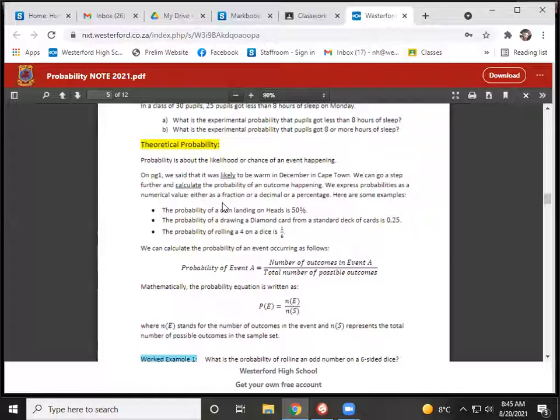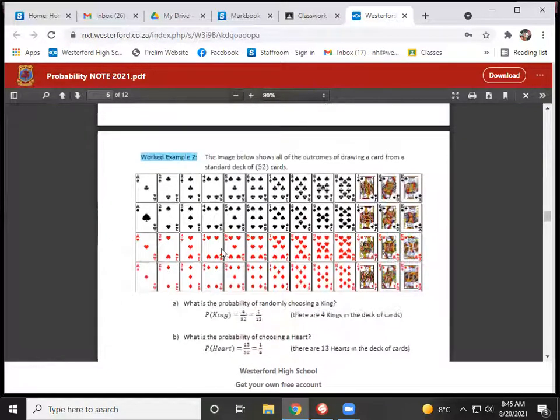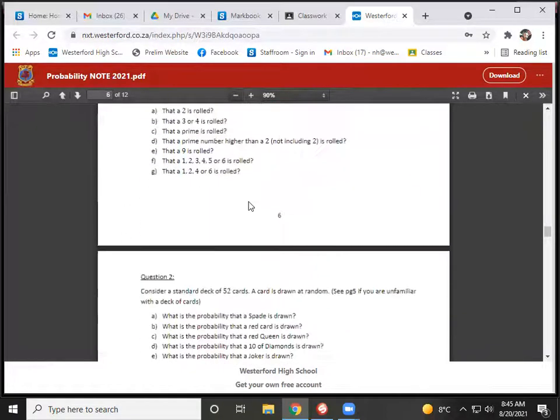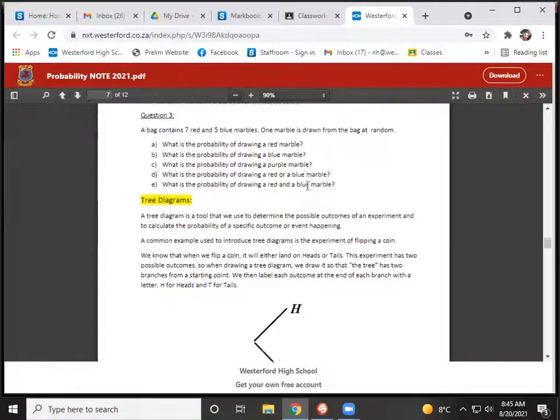So probability is what we expect will happen. Relative frequency is what happens in an experiment. So if they're giving you specific values, if they say we flipped a coin 10 times, it landed on heads 7 times, then you must forget about the probability, what you thought would happen, because they're then telling you what happened. So then you use those values. You see, this is a big note. This whole thing, remember we went over what actually happens in a deck of cards. We still wrote that stuff down. It's important that you know that as well. And then exercise 2 we also did.